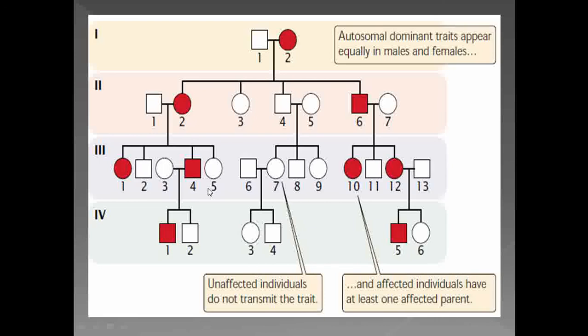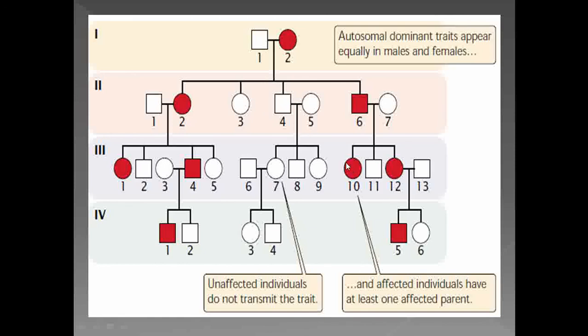Okay. So just like that, all the autosomal dominant traits are equally transmitted in males as well as females. If you observe here the middle generation, there is no individual affected. That's why it is 50-50%. Not all the sons or daughters are affected. Okay, so here you are able to see there is no transmission of that trait into this middle generation.